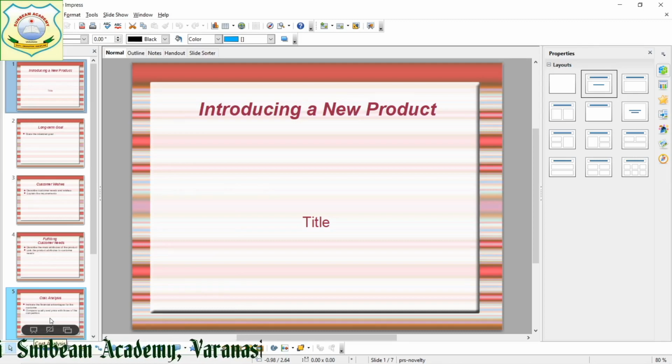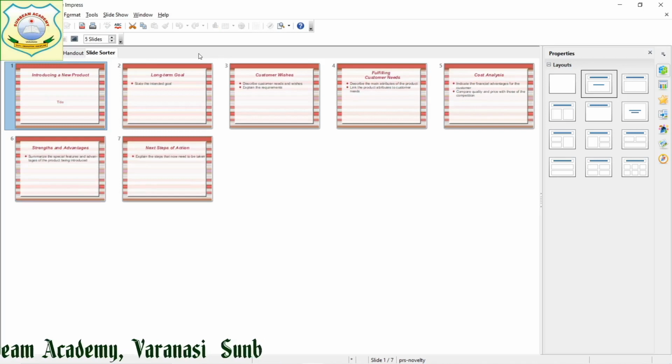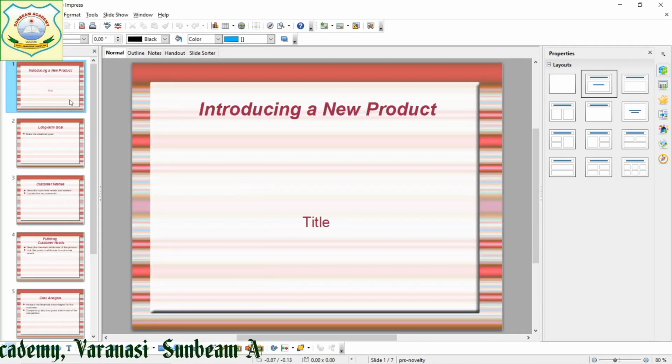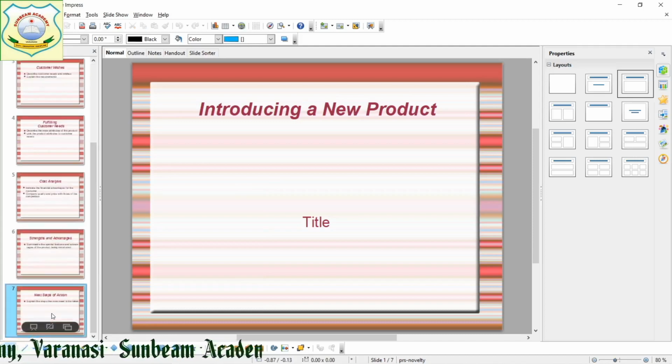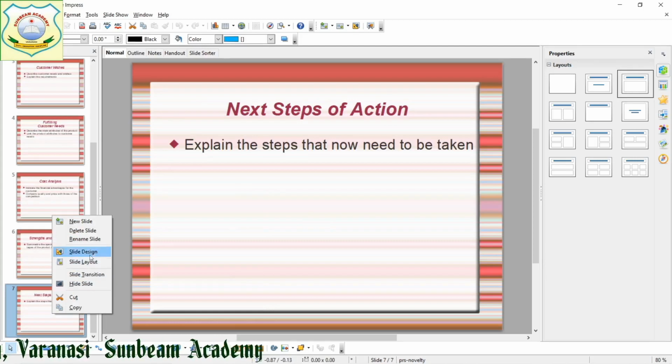First of all, we will see slide sorter view. Here you can see this is the slide sorter view. Now you can see all the slides, 7 slides are there. It has come onto our screen. Suppose in normal view, I make duplicates, or I make some more slides.